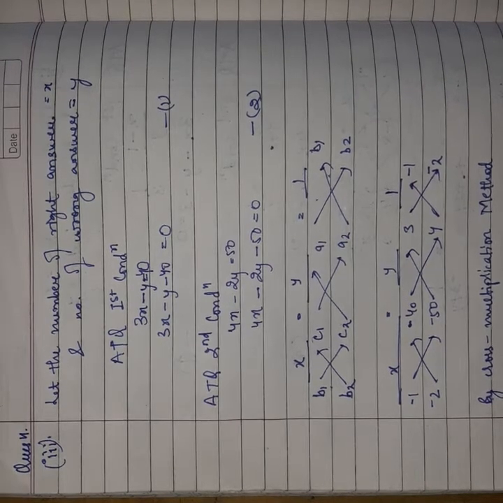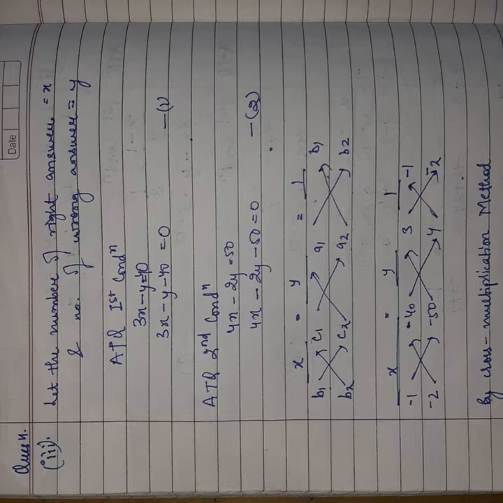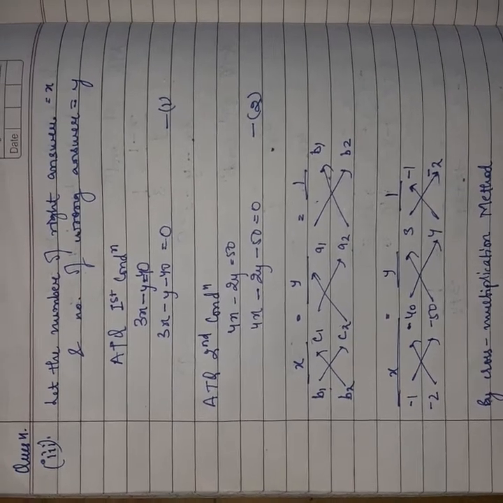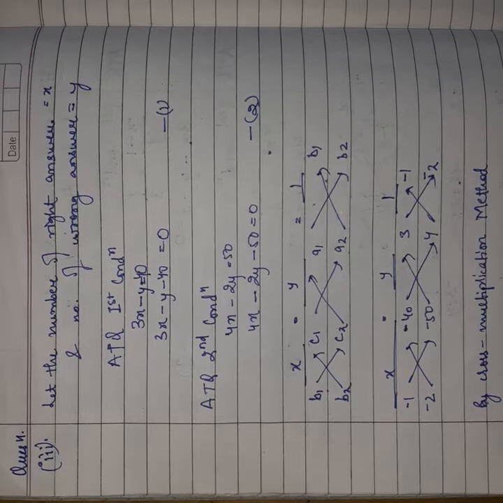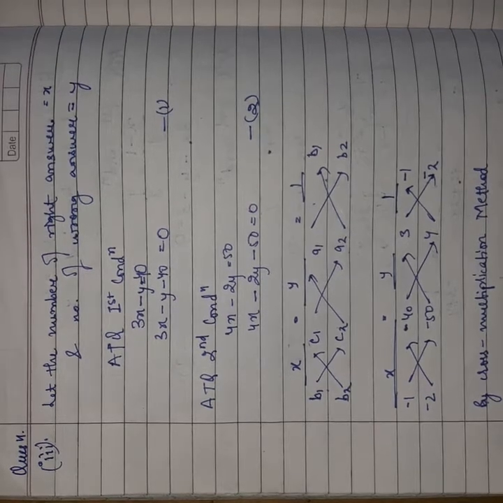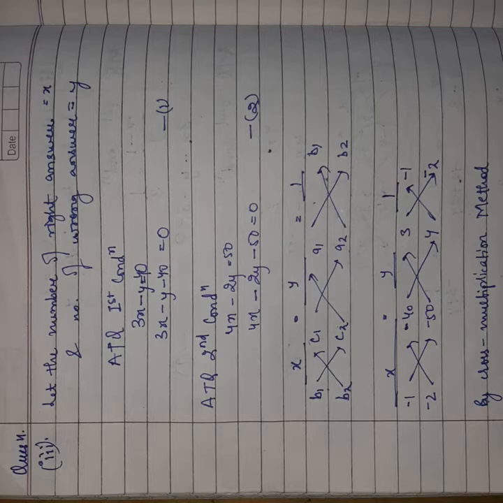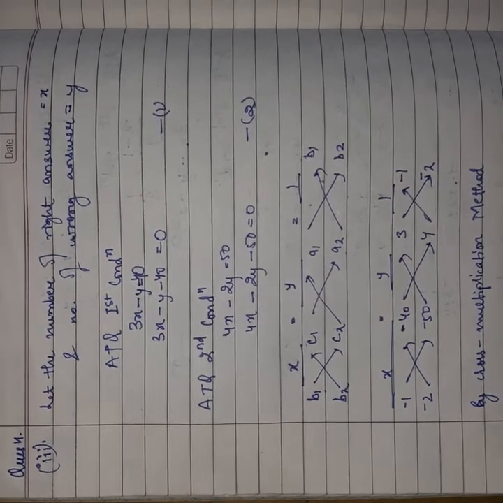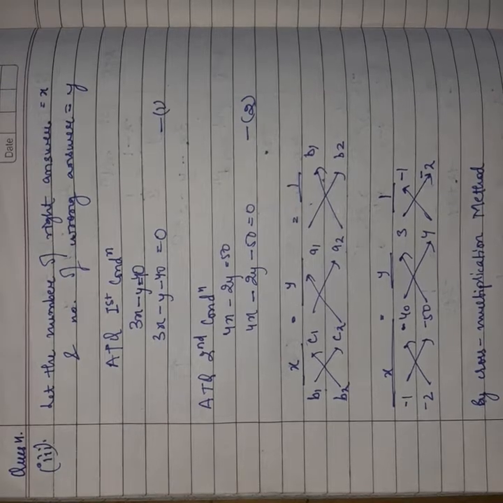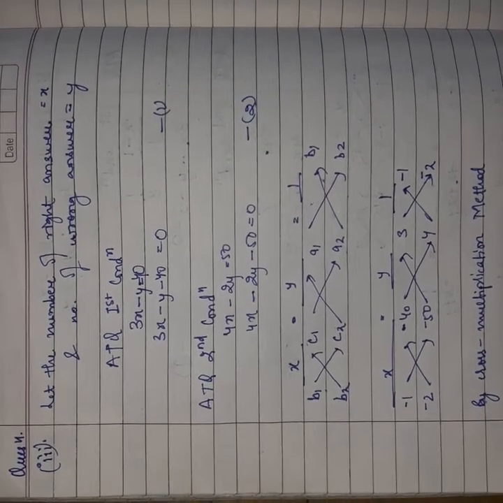So part 3 is: Yash scored 40 marks in a test, getting 3 marks for each right answer and 1 mark for each wrong answer. Had 4 marks been awarded for each correct answer and 2 marks been deducted for each incorrect answer, then Yash would have scored 50 marks. How many questions were there in the test?